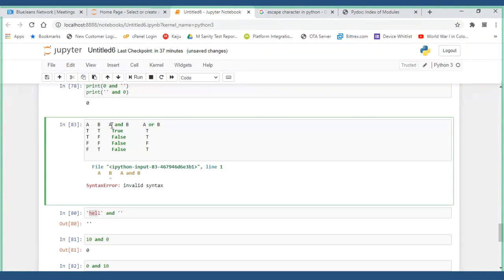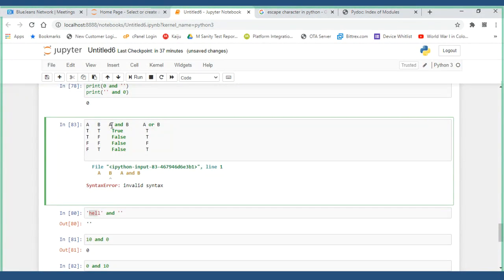First one is 10, meaning some value is there, so I go to the right side one, which is 20. This is also true. So the last true condition, whichever it is, that value is put in the result and returned. That 20 I'll be able to see.